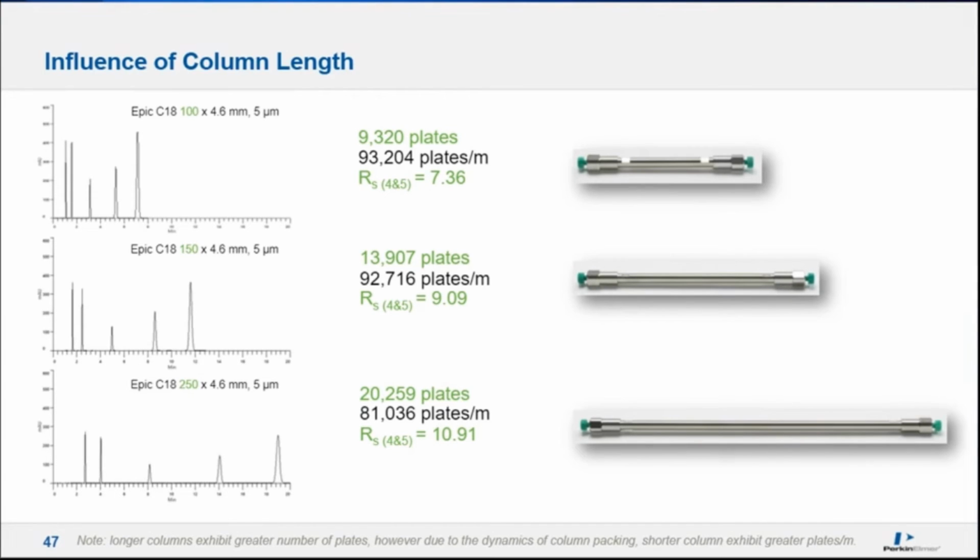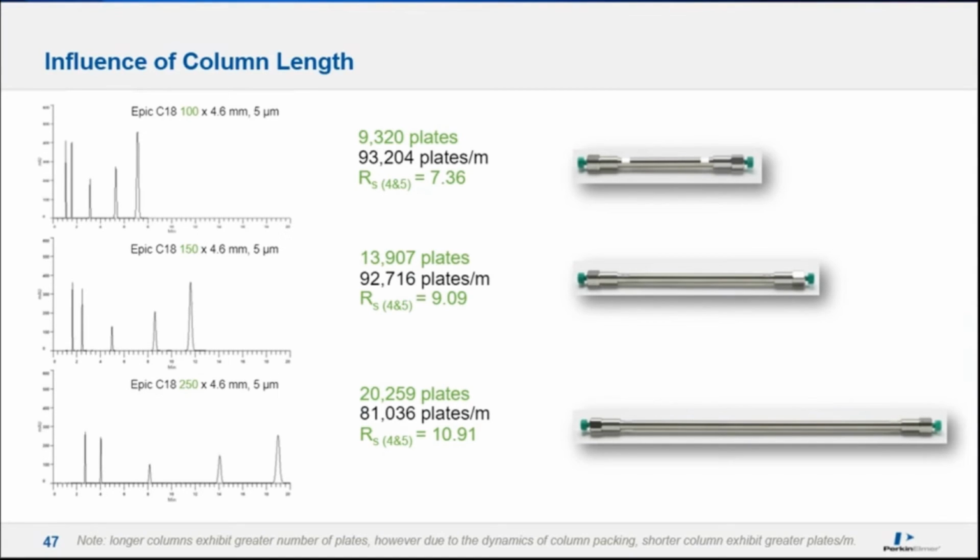However, if we take the same mixture and now utilize a 150 millimeter column, we gain more plates, almost 14,000 plates, and we increase our resolution on components 4 and 5 from 7.3 to 9.0. Finally, if we go all the way to 250 millimeters, we end up with 20,000 plates, and we've further increased our resolution to